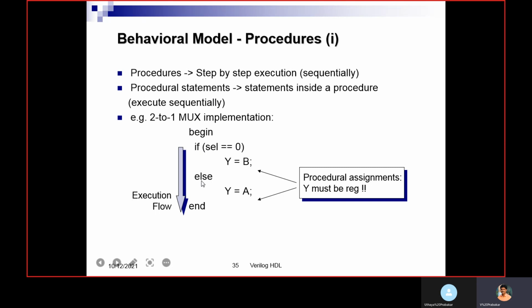Else, if it is false, it goes to the else statement and output y is A. So an important thing here is that the output variable should be declared as reg. When you use this behavioral modeling or procedural block, the output variable should be declared as reg.